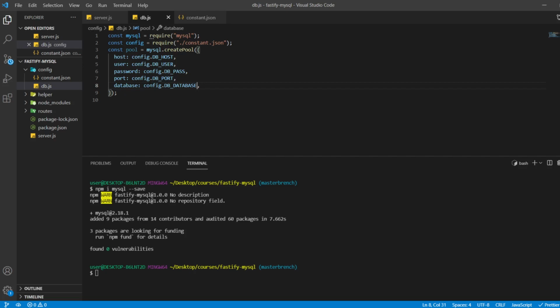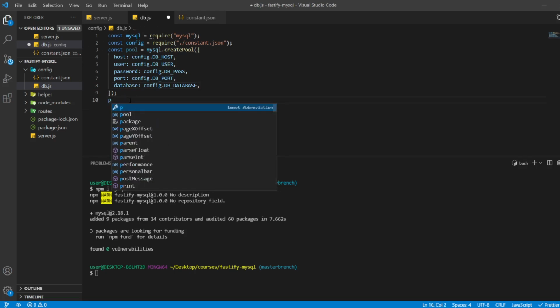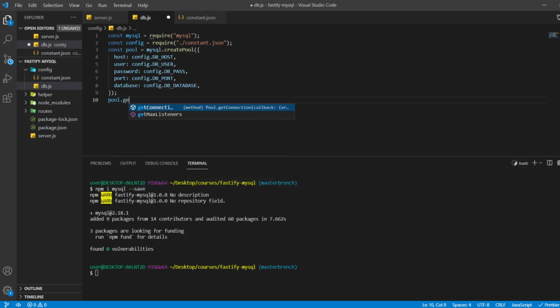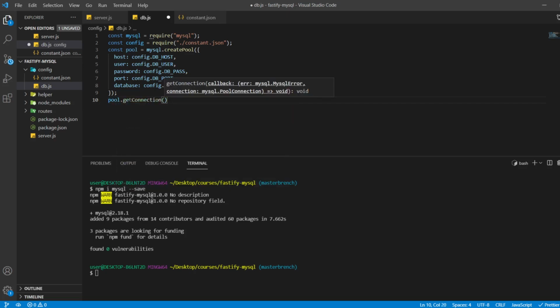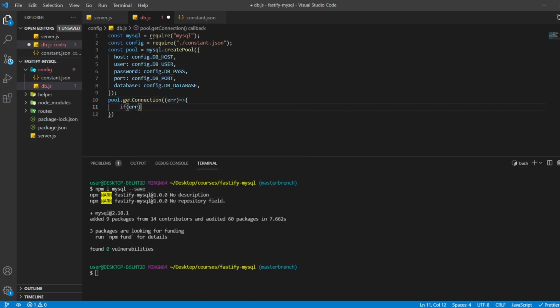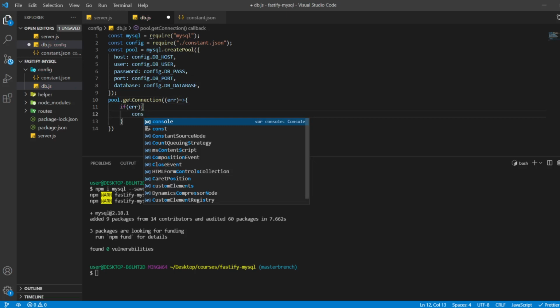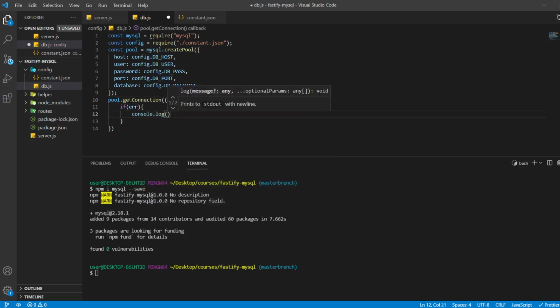so after writing this, what we'll do, we'll simply connect this pool. We have a function getConnection, and in this function, if we get error, then we are going to console the error connecting to db.